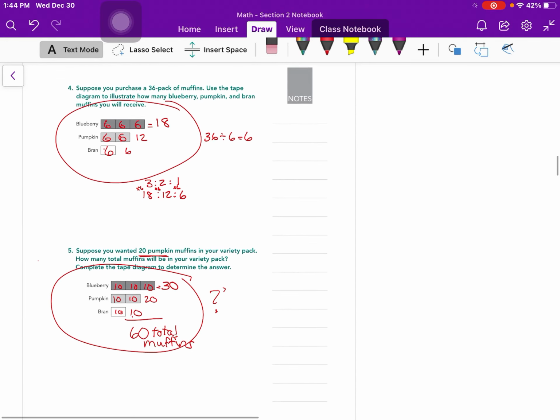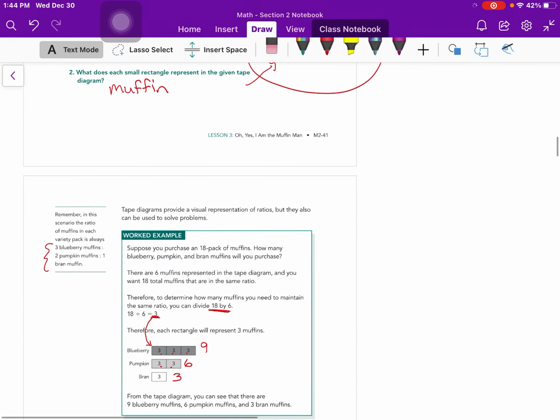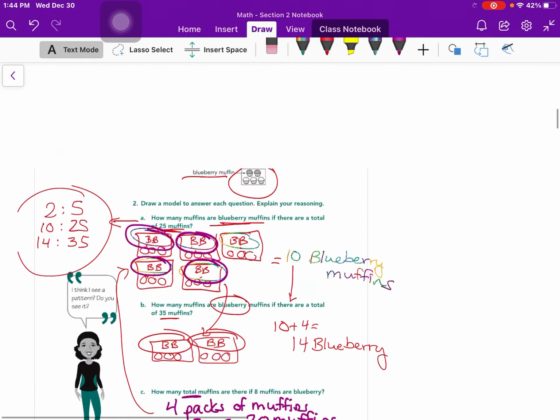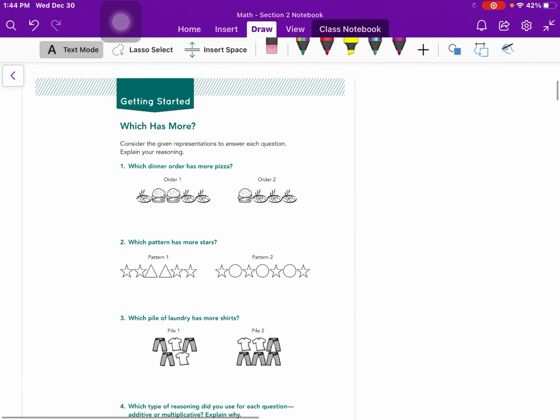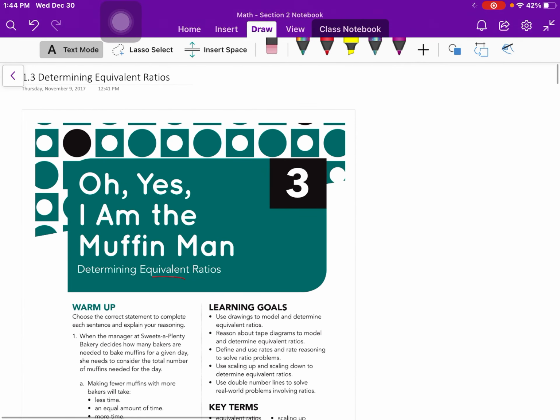I'm feeling pretty confident about tape diagrams and about making pictures to help solve problems. Great job here, 6th graders. We have one last section. Actually, we got a couple more sections on this particular lesson, but we're going to stop right there and pick up the second part of this lesson